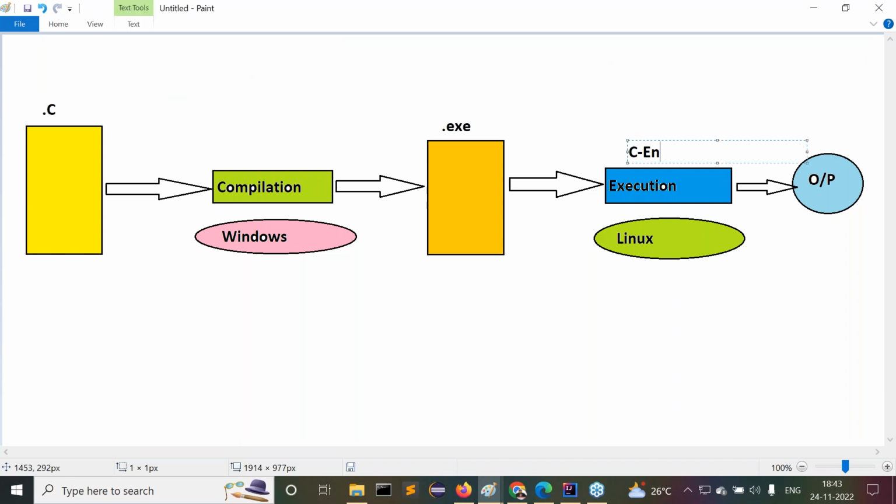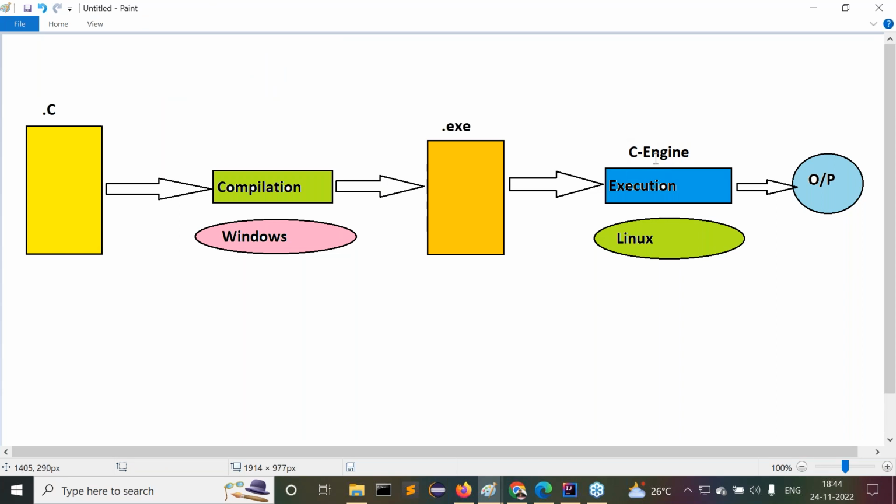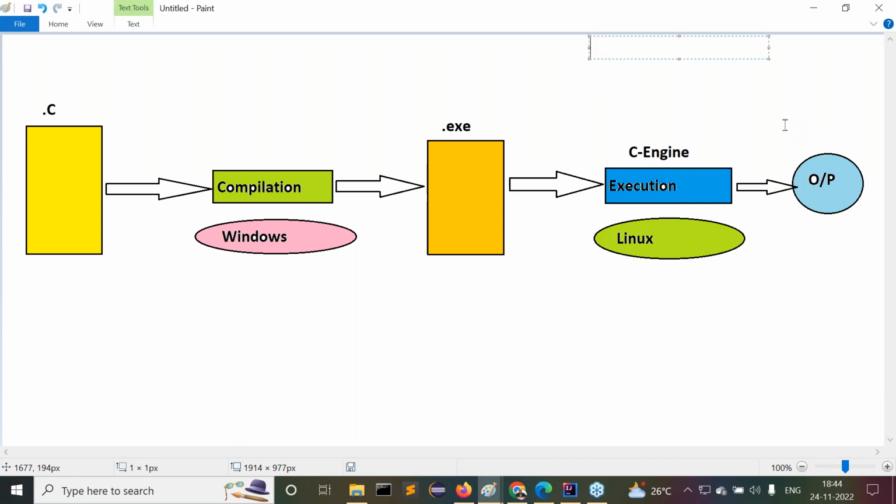Execution means the C engine will perform this. C engine means that C software is installed on top of the Linux operating system. So the C engine is able to execute